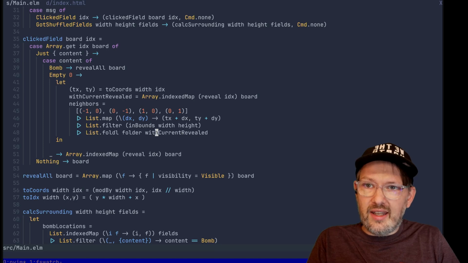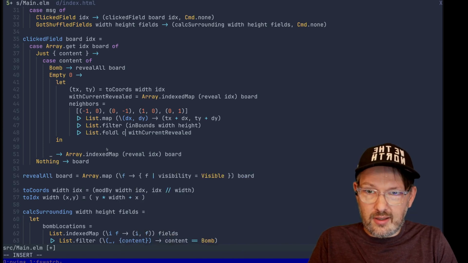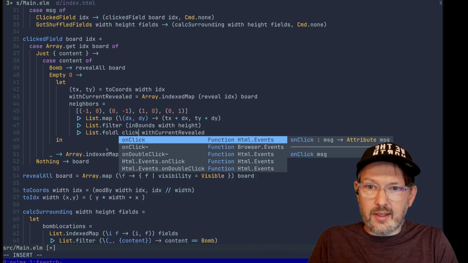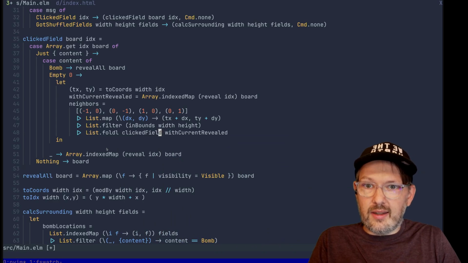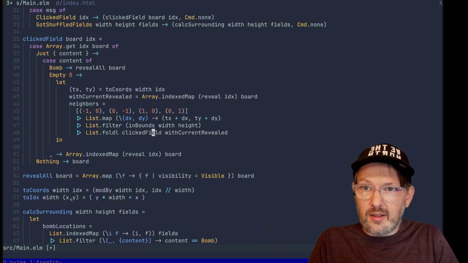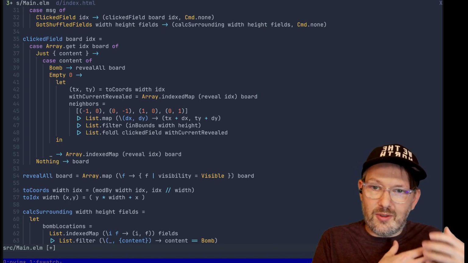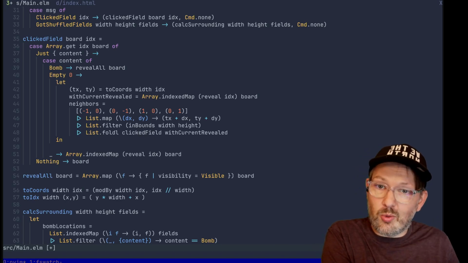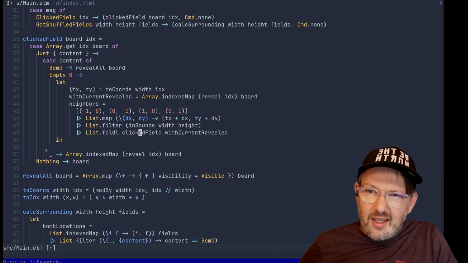So ideally what I want to do is call clickedField recursively. The thing is, clickedField requires a board, which is great because the folder function gives the last board in the iteration already as a first parameter to this function, but the second one is an